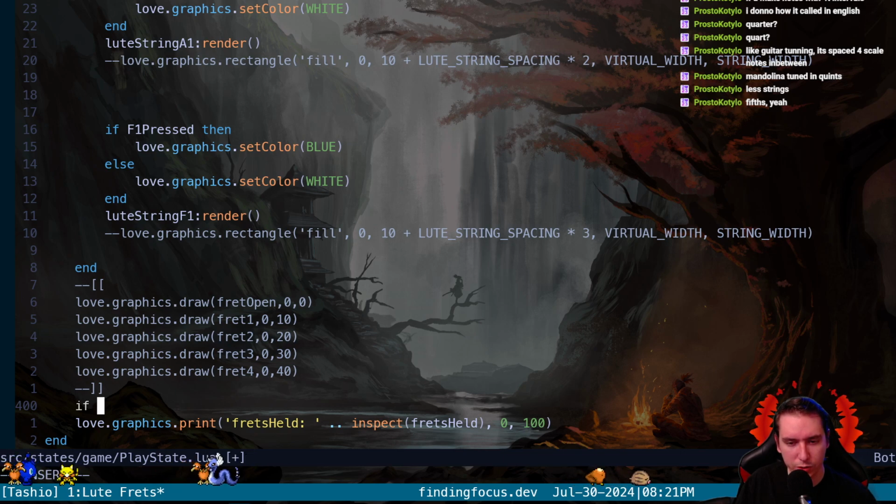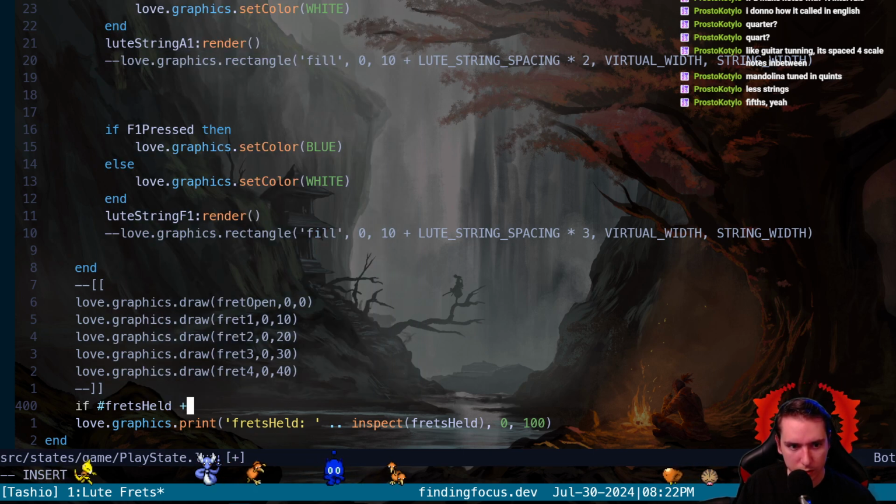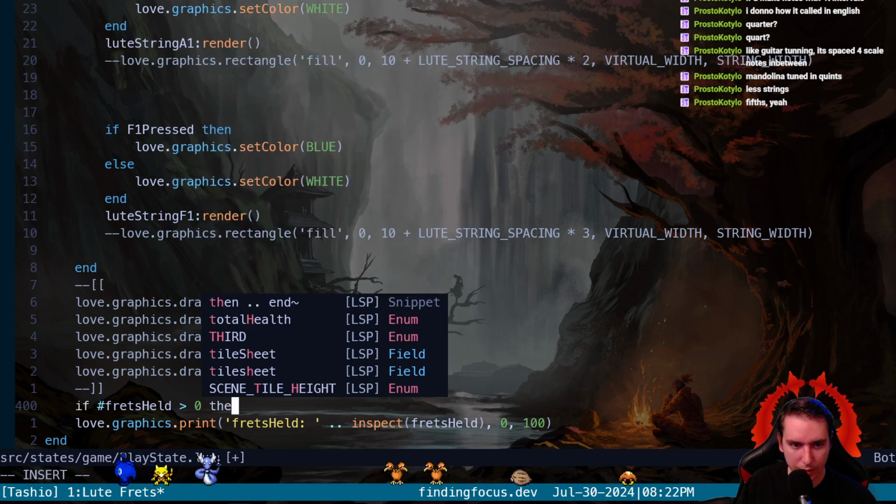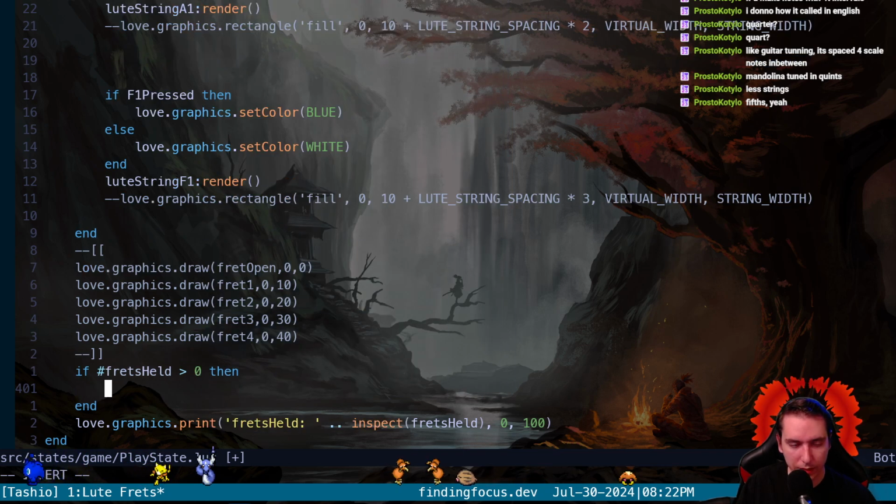I think we want to make sure that there is an indexable table. I guess if it's an empty table and you try to index it, it would just be nil. I don't know if that would crash, but we can say if the frets held is greater than 0, meaning it has a number in there, then let's go ahead